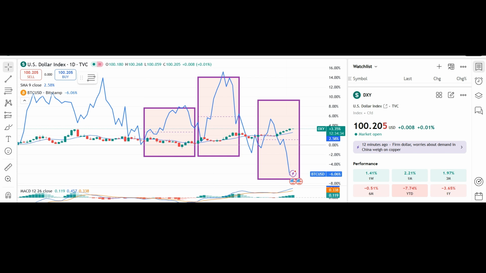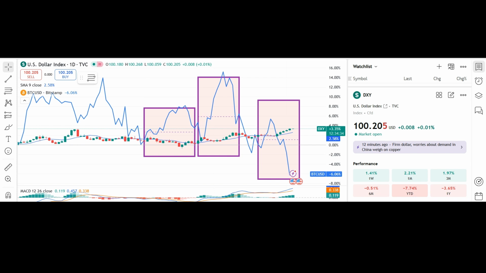The reason I'm discussing DXY today is if you are an investor, you would have noticed that there has been a sell off in major assets in the last 2 days. Yesterday, Bitcoin as well as the US stock market sold off. And that is why I'm recommending and suggesting that you look at dollar index when you make your purchases and sales, because there has been a correlation between major assets and DXY.